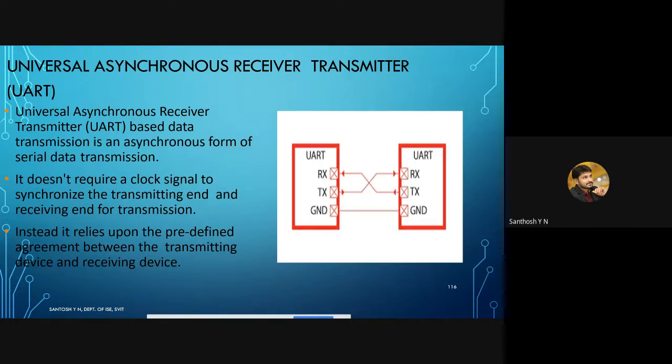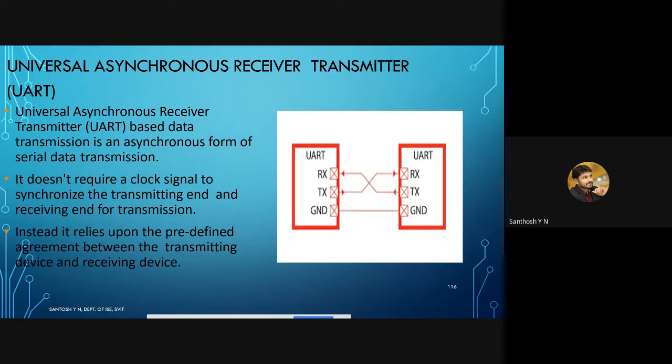In this video, we'll be discussing UART. This is also one such protocol that will be used in serial communication. UART is Universal Asynchronous Receiver and Transmitter. The term asynchronous means the clocks will be different. The clock that is used in a single module may not be used in another module. So that is the term asynchronous.